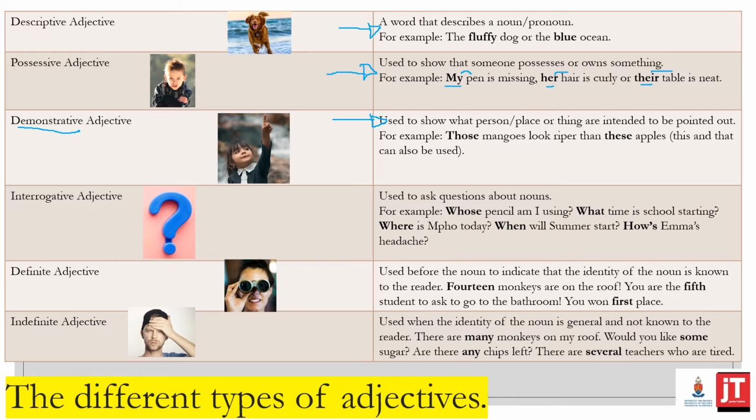Okay, so say you are at the supermarket and you say, those mangoes look riper than these apples. Okay, it is describing the mangoes and the apples in a bit more detail. It is helping us understand these nouns, and their relation to one another and whatnot. Okay, so this and that can also be used. So let's go back to